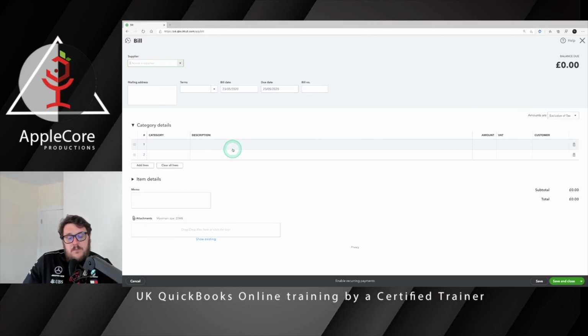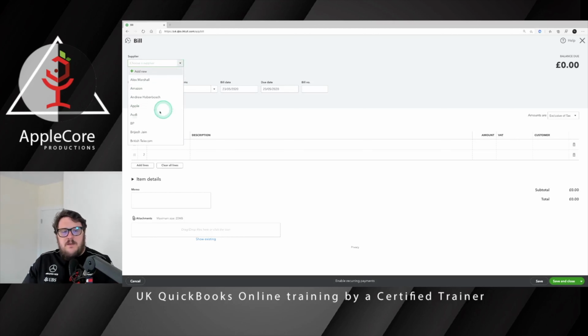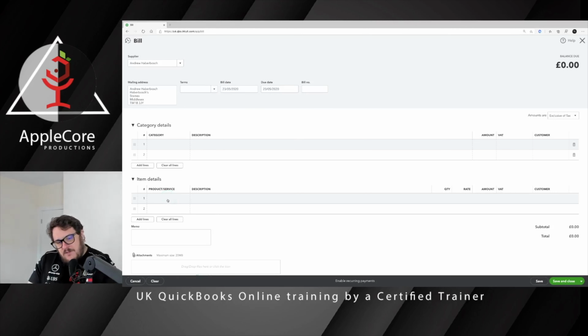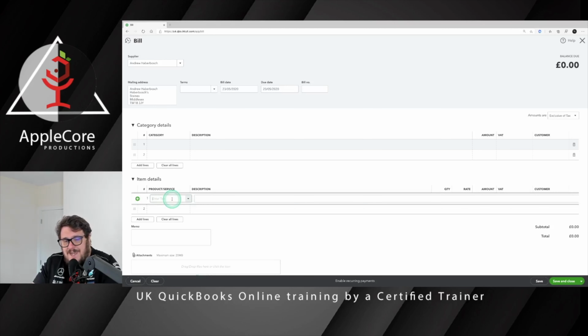So my first thing here is I've got to purchase a car from a non-VAT registered individual. That supplier name could be whoever that person is, so in this, I'm going to use Andrew. And what I want to do now is account for that purchase. I'm going to just use today's date. The key here is I'm using item details, because I want to create a brand new product that's going to be able to be sold at a later date. And I'm going to call this what it actually is: a brand new stock item, which is the actual car registration of this item. So let's just say it's